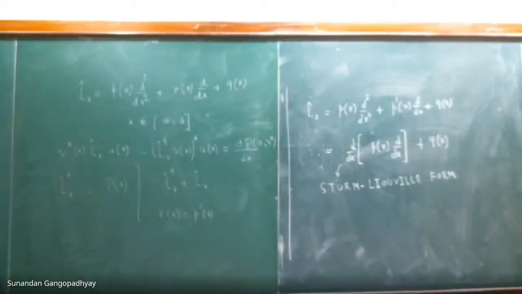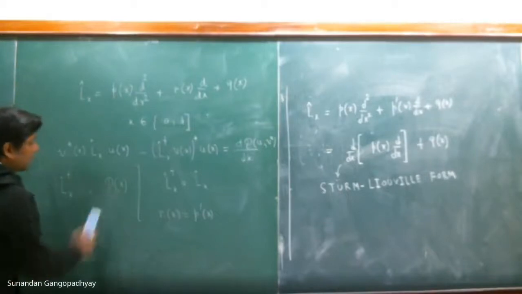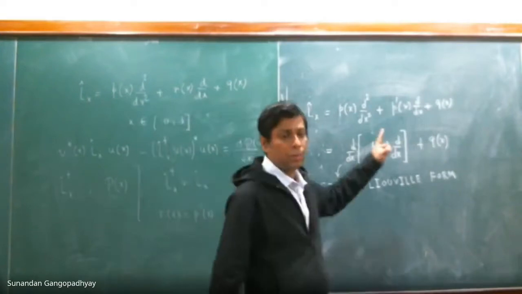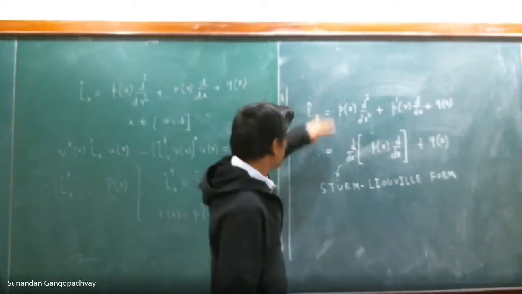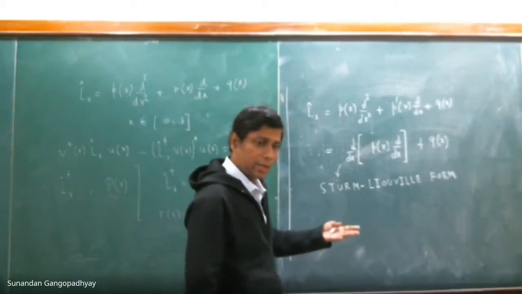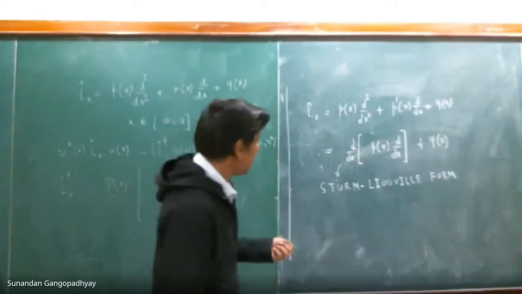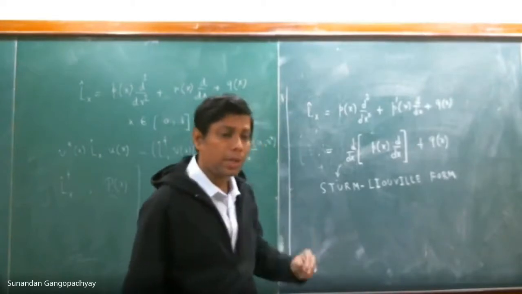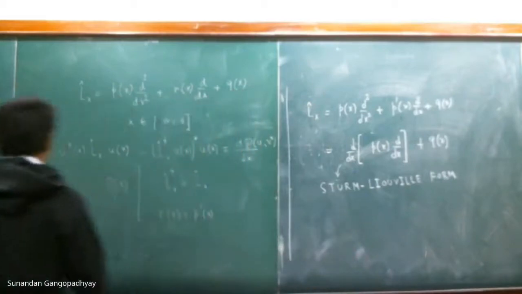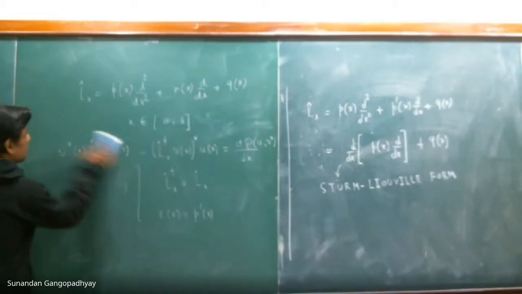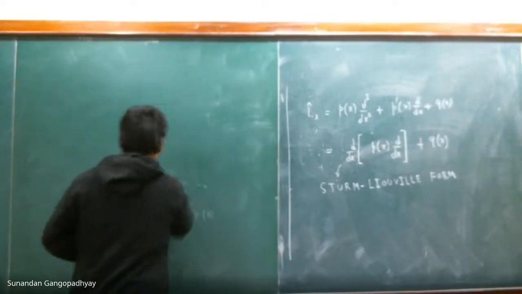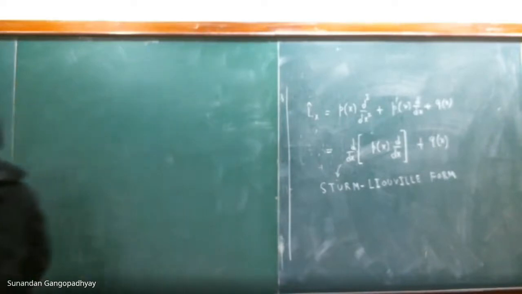let us look at, as I mentioned earlier, that in case of differential operators, two things are important. What is the representation of the operator which acts on the functions that represent vectors in the Hilbert space? This is one thing, and also the boundary conditions that are imposed on the functions on which the operators act. That is also very important. So now let us look at the boundary conditions. So what are the boundary conditions?